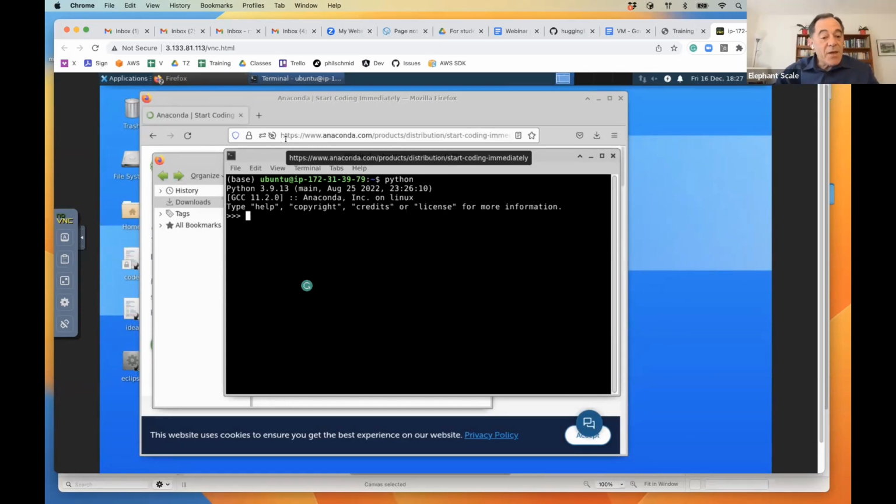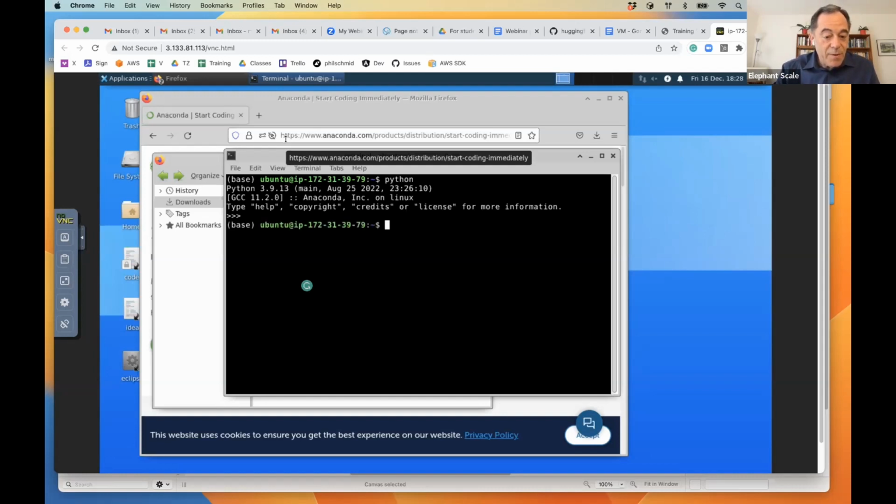Right. Now, for a second, I thought that maybe I should prepare those virtual machines already supplied with Python, but then it would be too much magic. That is the same reason why I don't use Google Colab, because there are Google Colab buttons. After we're used to this, after we do it maybe a couple more times, then we can do it in Colab and spend less time on preparation. But this gets you more certainty that you know what you're talking about. You've installed it a few times. Once you're running it, you will have to have it installed. So I still hold by this opinion that let's do it now.